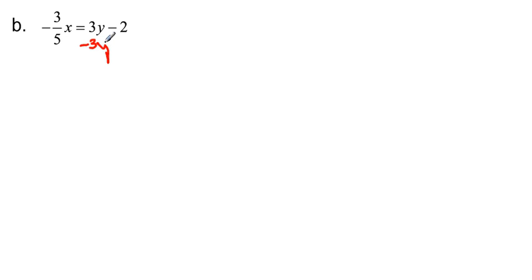Because it's a positive 3y, I need to do the opposite and minus 3y on each side. So these cancel out, and now I want to rewrite it so that the x is first: negative 3/5 x minus 3y, and now it equals negative 2. Okay, so I've kind of set myself up to identify A, B, and C, but I have some issues,